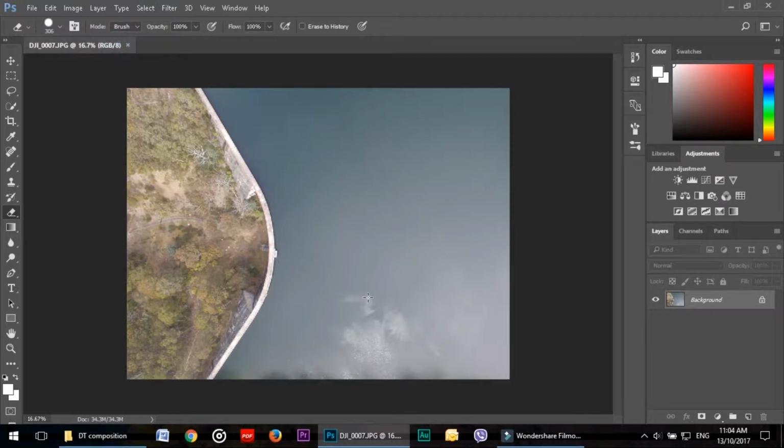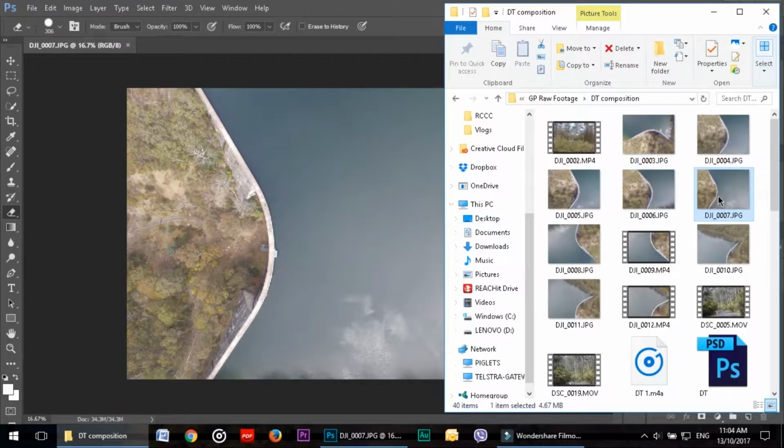So I chose this photo just due to the fact that I really like the composition of this scrubbery in here, this bushland in here. There's a little tiny hut here. I really like the way that this dam wall breaks up the composition between all this water here and the bushland here. Now the other thing that I liked about this photo compared to the one was a little bit